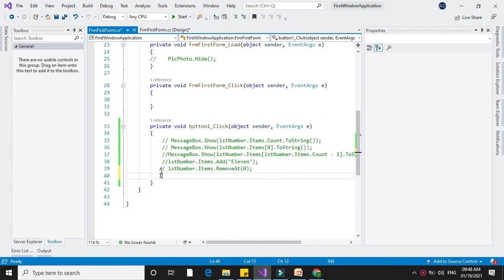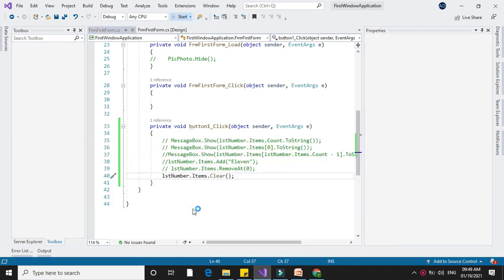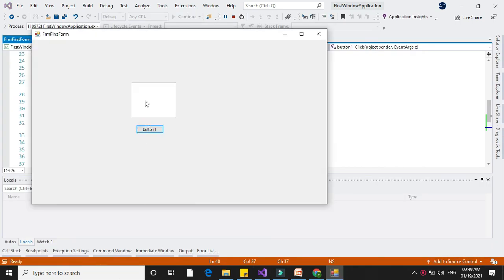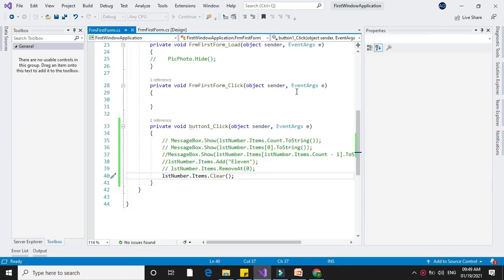And lstNumber.Items.Clear will remove all items from the list box. All these methods are executed through coding.